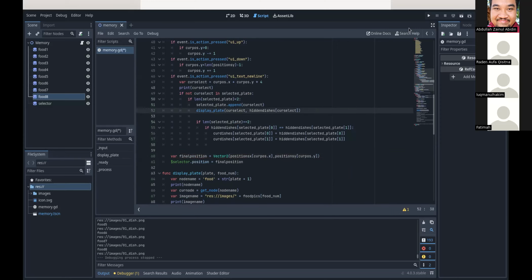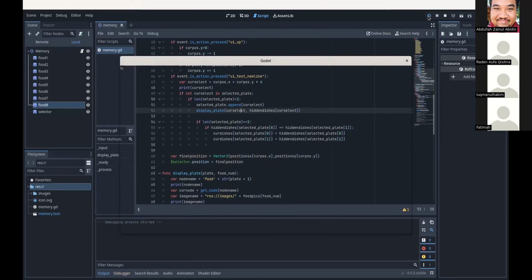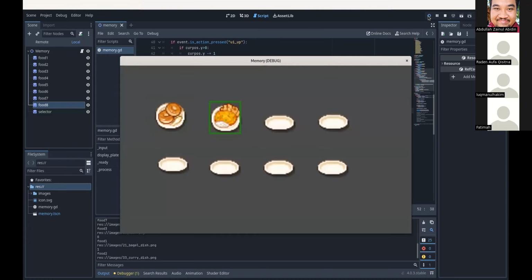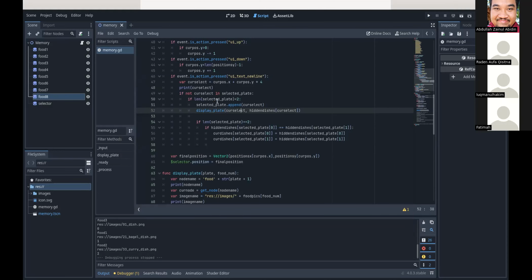So over here it is going to display first the hidden dish. And then the third time, what we want to do is hide this one back, or if it's already solved, then it remains open. Okay, so that means the selected plate is less than 2, and then it will add, and then over here we compare. So the next round,